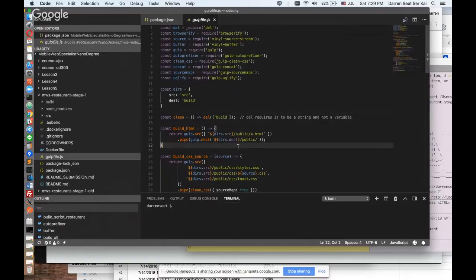So another disclaimer here. I actually use Gulp 4 because when I learned Gulp a couple of years back, Gulp 4 was the latest version. And somehow, for some reason, they never released that into production. And it's been 2 years from then, and I think they're still on 3.9. So the syntax might be slightly different, but I like Gulp 4 instead of 3 because Gulp 4 allows you to consume